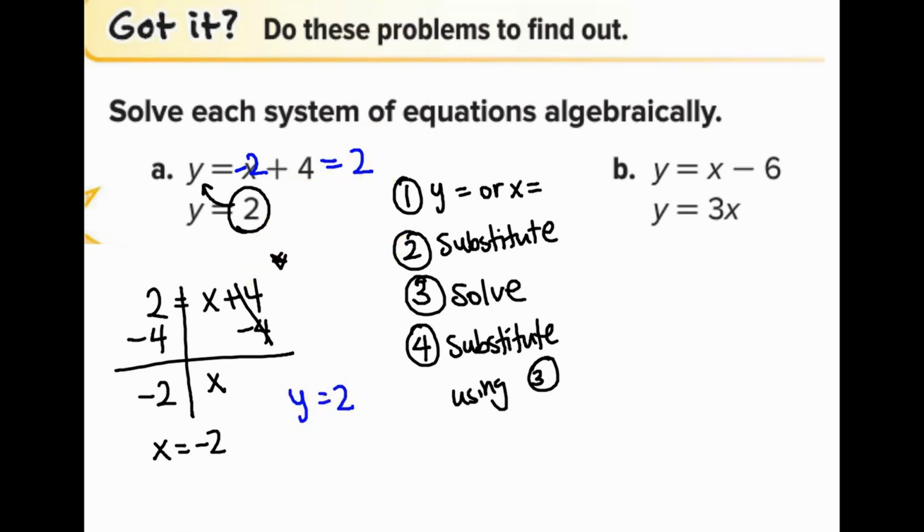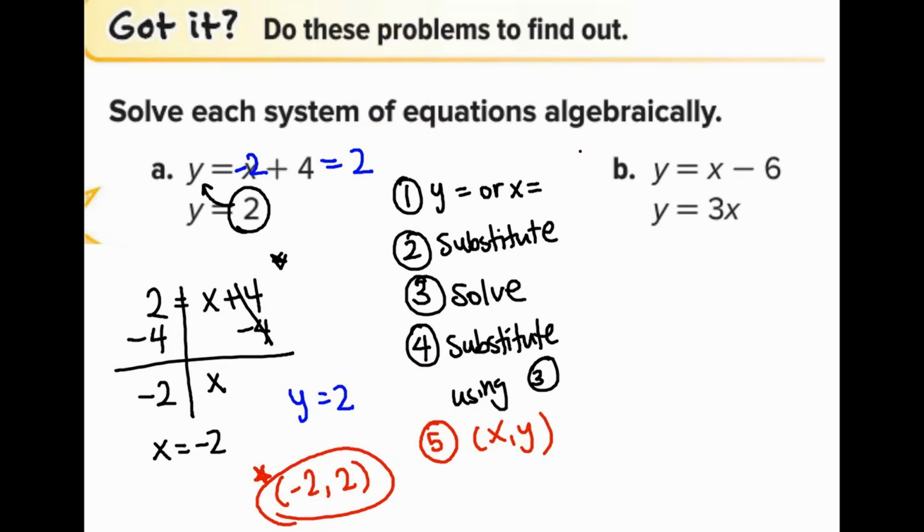When you write the answer, it always has to be in the form where you can give me x and y at the same time. So here I'm going to write x is negative 2, y is positive 2, and that's going to be my solution of part A. For part B, similarly, if I plug 3x